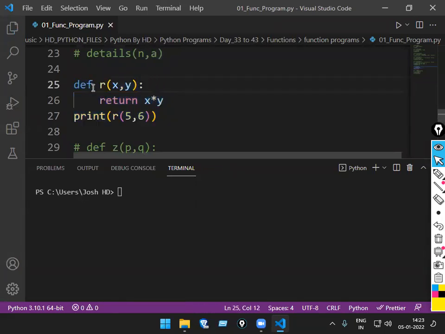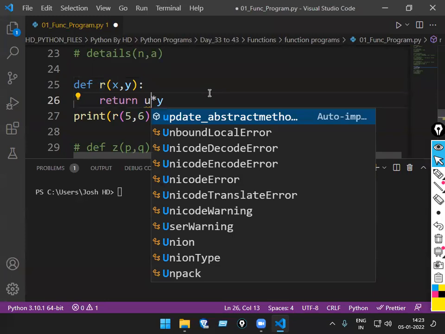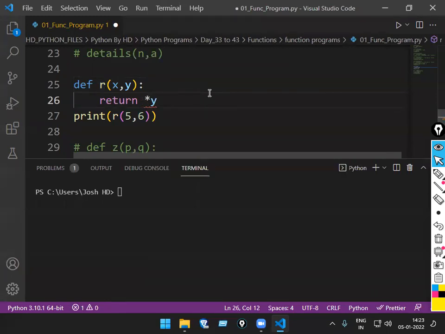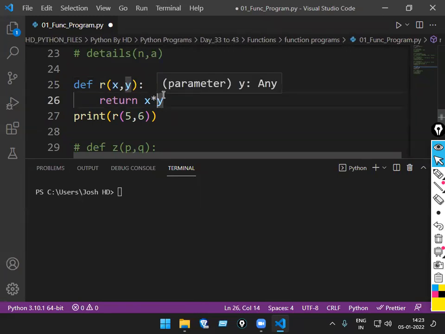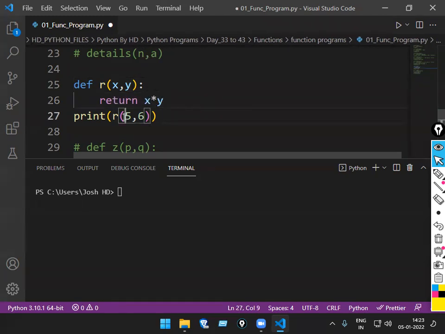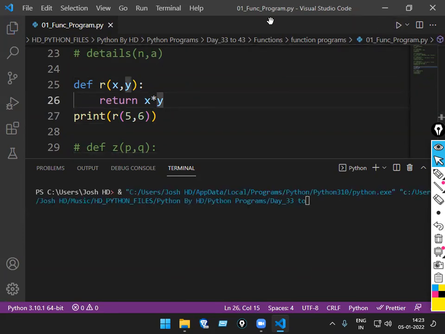Last. Okay. Now, def I wrote. What's the function name here now? R. Return I wrote there. Return just what I'm passing there, x into y. Suppose if I pass different names here, what is, suppose, u into y? Is there any variable u? I have declared variable x here in this case. So pass x here also. Here x into y means multiplication. So what is the value of x here now? 5. Y value 6. So 5 into 6, how much?